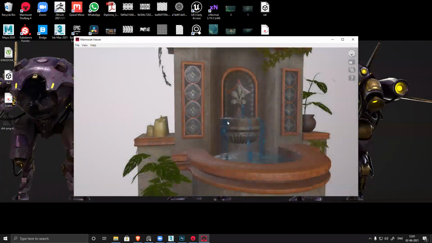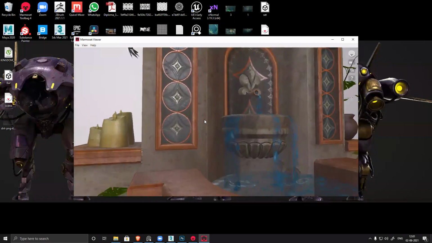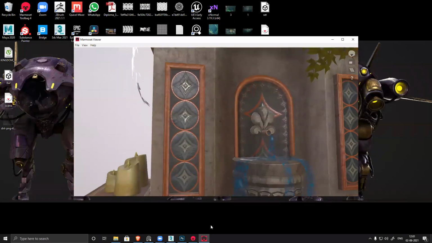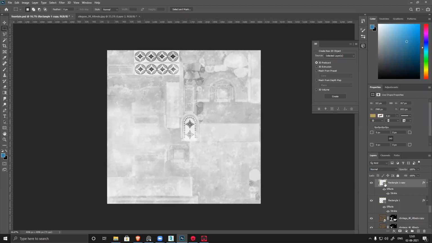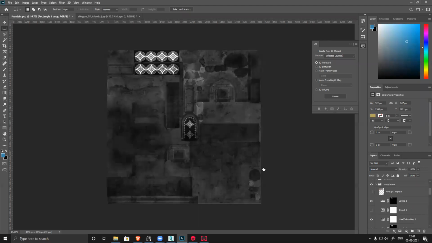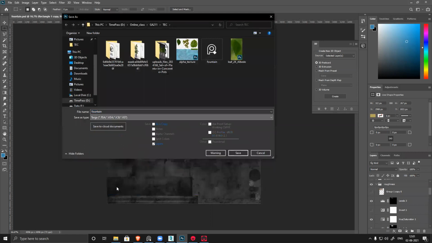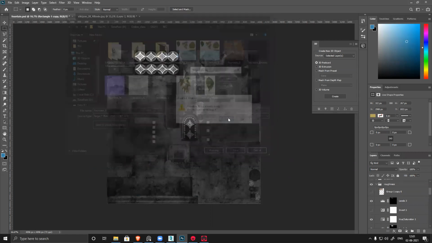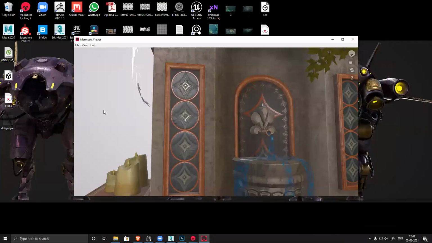Just loading. So you can see, I can see everything here. Based on this, I can go to my Photoshop. If I modify anything, let's see. I just change this invert. I just switched it off. And go to viewer.